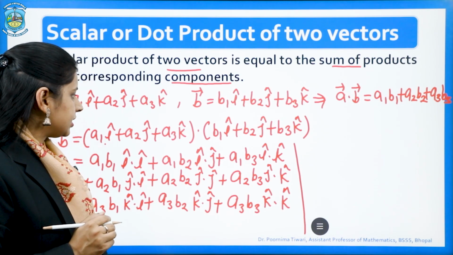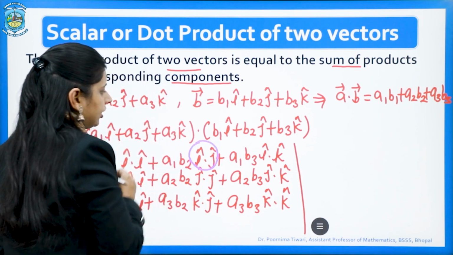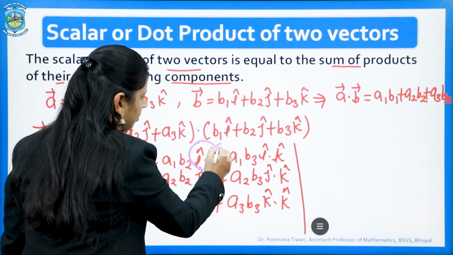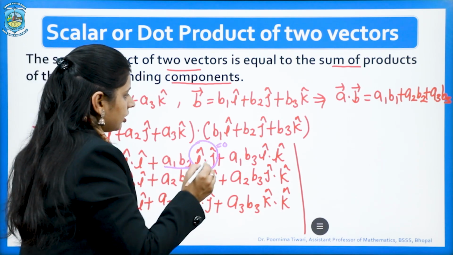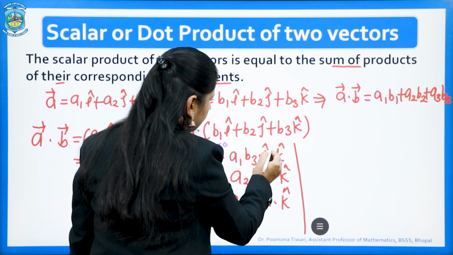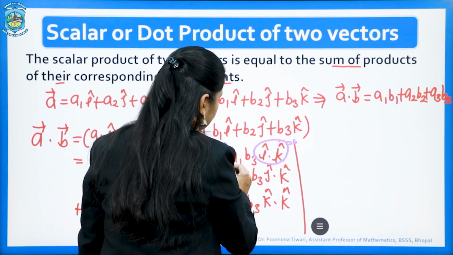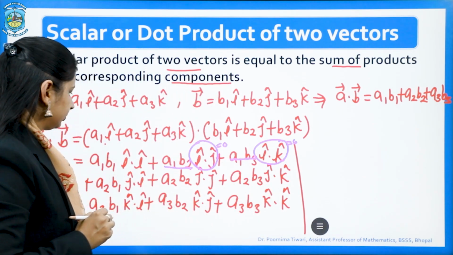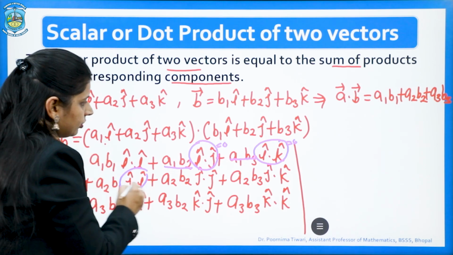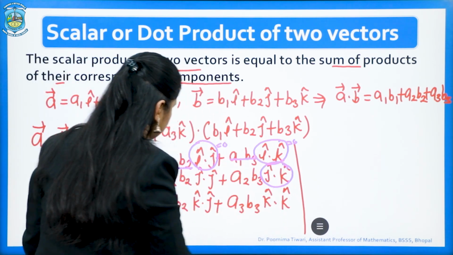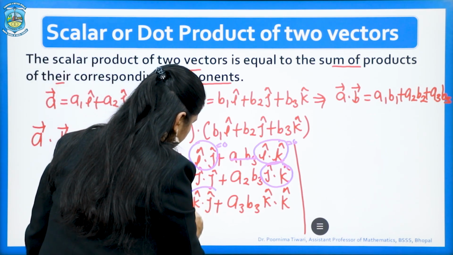Now, when we apply standard identities, the value of i cap dot j cap is 0. So, this term will be eliminated. i cap dot k cap is also 0. So, this term will also be eliminated. Likewise, j cap dot i cap is 0, j cap dot k cap is 0, k cap dot i cap is 0 and k cap dot j cap